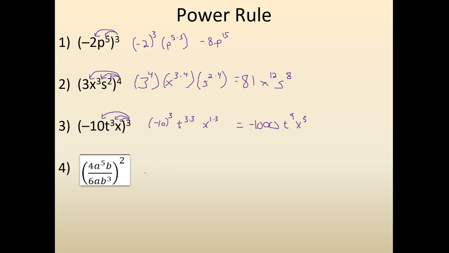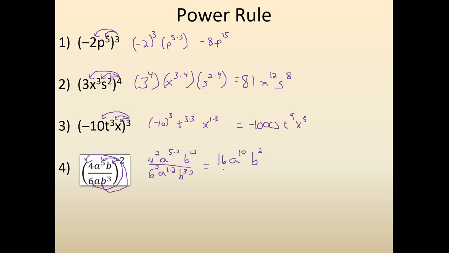And then question 4. So this one's going to be a little bit trickier. We're going to pretty much do the same thing. We're going to take the 2 and distribute it to each and every term above the line and below the line. So we end up getting 4 squared, a to the 5 times 2, b to the 1 times 2, divided by 6 squared, a to the 1 times 2, b to the 3 times 2. So this leaves us with 16 up top, a to the 10th,